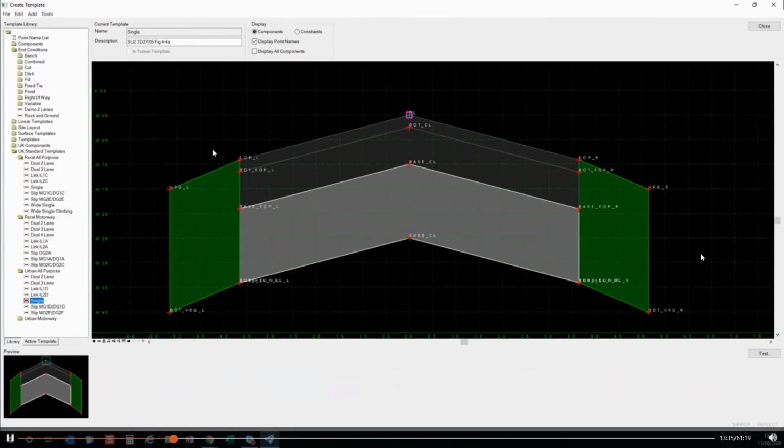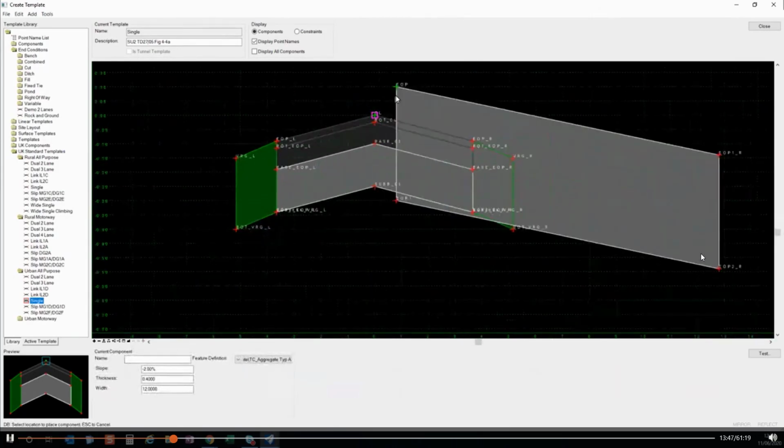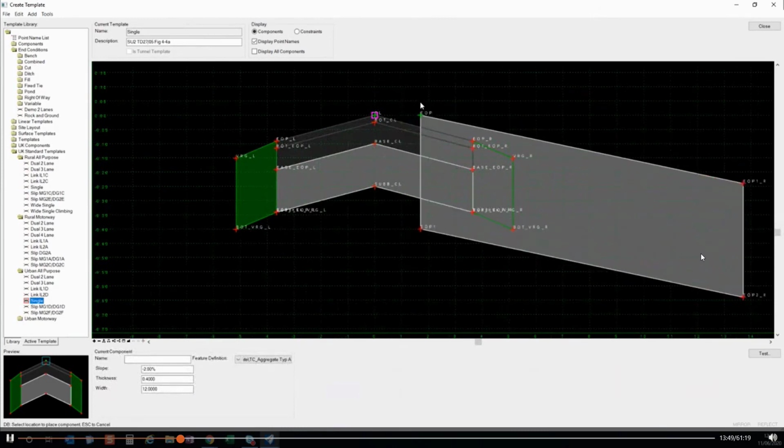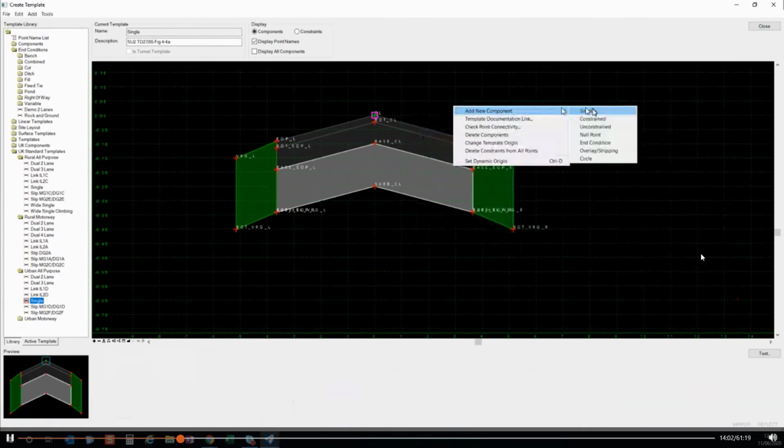So when you have to create your template, you can do it in 2 different ways. Let's say you can create a simple component. So basically, it comes like this. It will insert inside your drawing a component already defined with the different points and the shape linking these different points. Or you can also insert directly